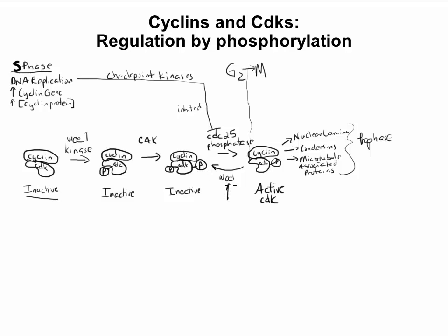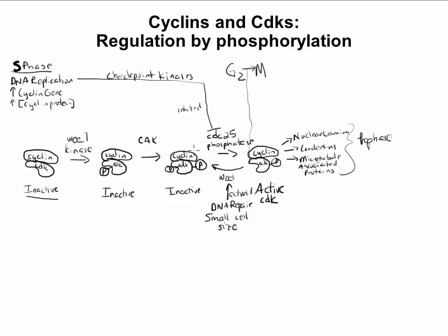Well, it turns out that Wee1 is activated in response to ongoing DNA repair. So as long as there's DNA repair happening in the cell, Wee1 is going to remain in an active state, and it's still going to be switching this CDK enzyme off. And it's also activated by small cell size. So as long as the cell is too small to undergo division, Wee1 is going to be switching this CDK back off, preventing the progression from G2 to M.